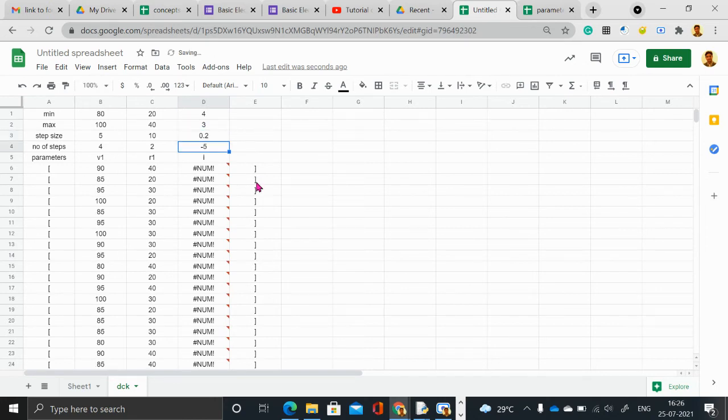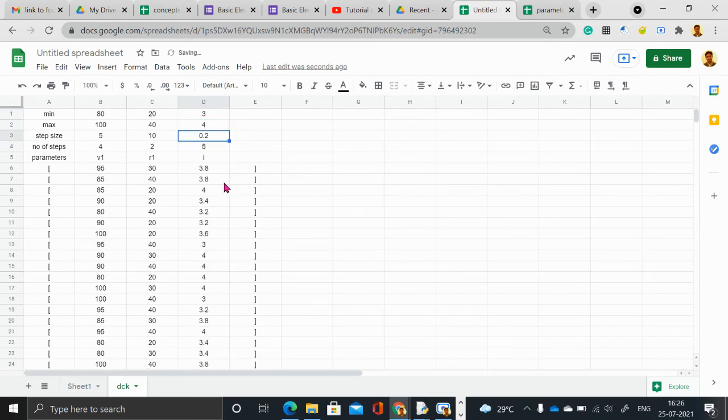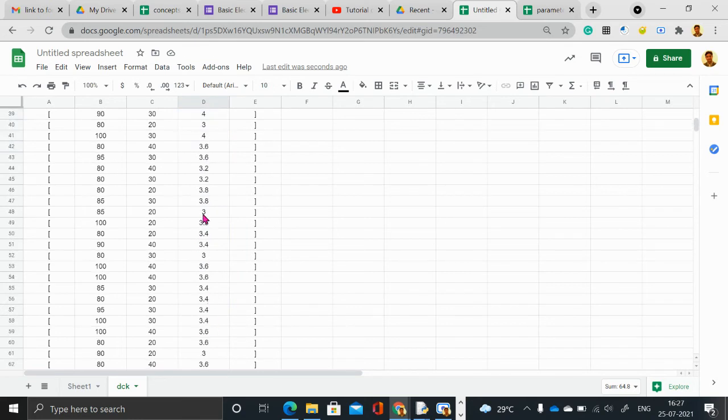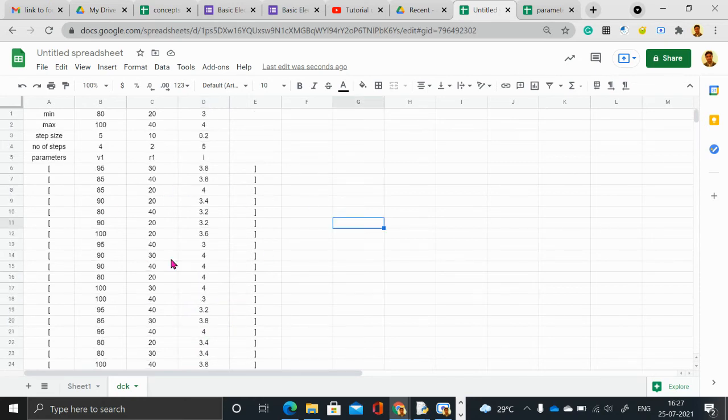Okay, so I mean 3 and 4. So the current is 3.8, 4, 3.2, something. The current is kept between 3 and 4. Okay, so some of the values may come out to be non-feasible, but let's worry about the accuracy of the question later. Just right now worry about framing the question. So now I have values.